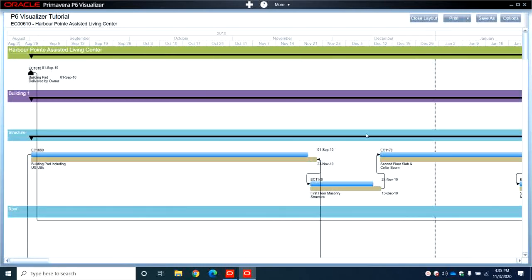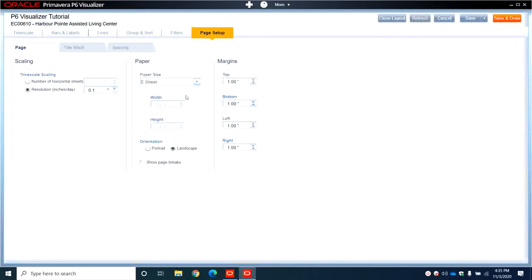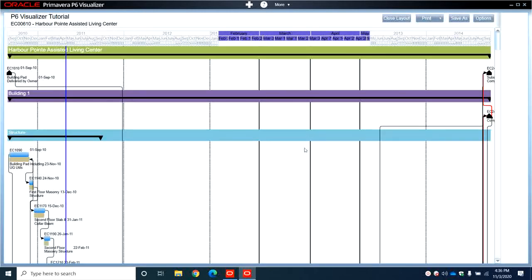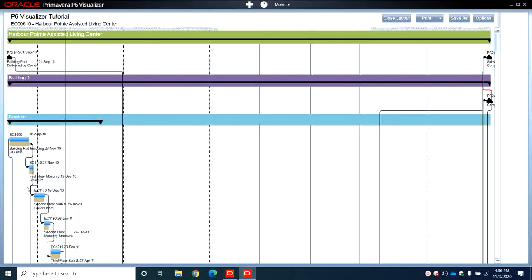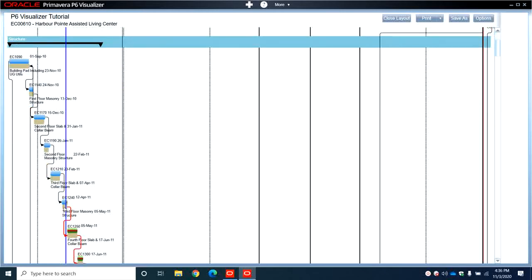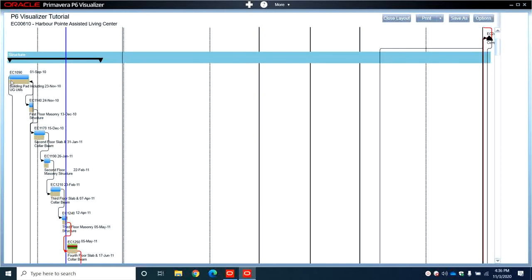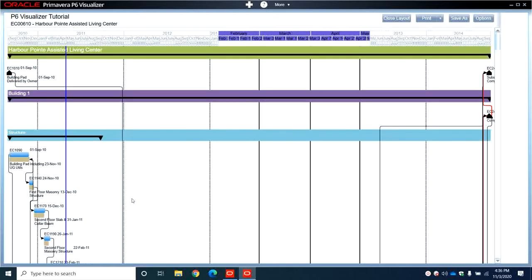so if you want to make it more presentable, or if you want to print it, you want to make number of horizontal sheets 1, let's say, and only on A3. So if we save and draw now, we can see now no scrolling left and right, and it's more organized because we sorted by activity ID. So this is the activity ID,